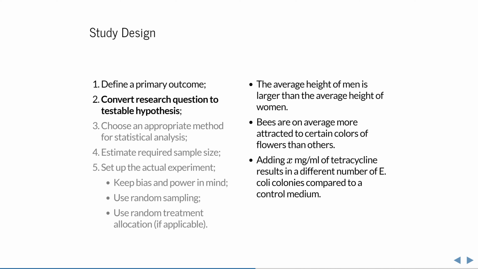Note how the second and third research question are already inherently more complicated. For the bees, which colors will you consider? How will you ensure that on average only the color differs between flowers? And for tetracycline, what concentration will you use? You could add a fixed amount of tetracycline versus a control, but you could also try a range of different concentrations. The latter is more work and calls for a more complicated analysis called ANCOVA, but will also give you a more interesting answer to your question, like, is there a concentration-dependent effect?